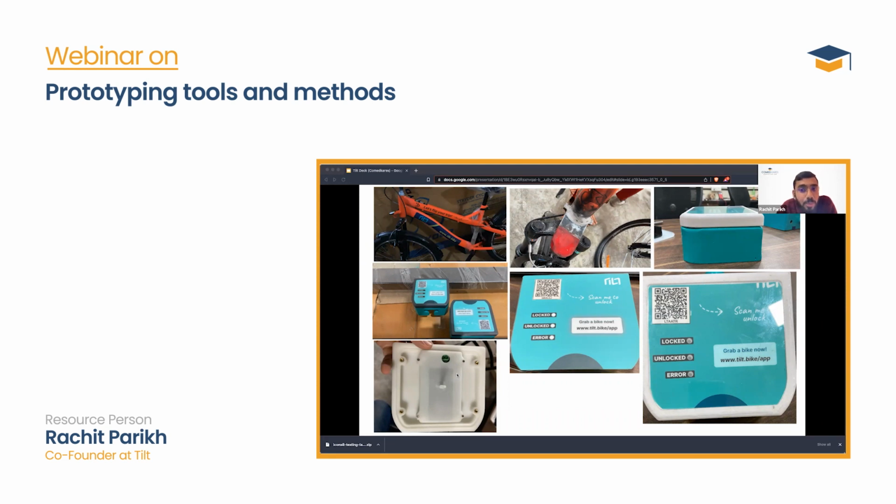And because you have to closely work with the manufacturer to see what is possible and what is manufacturable and what is not. To give you an example, on the top left there is a bicycle with a small sensor that detects the unique code of that bicycle, which we embedded inside. This bicycle code, we had just stuck using a rudimentary glue, sort of an adhesive,